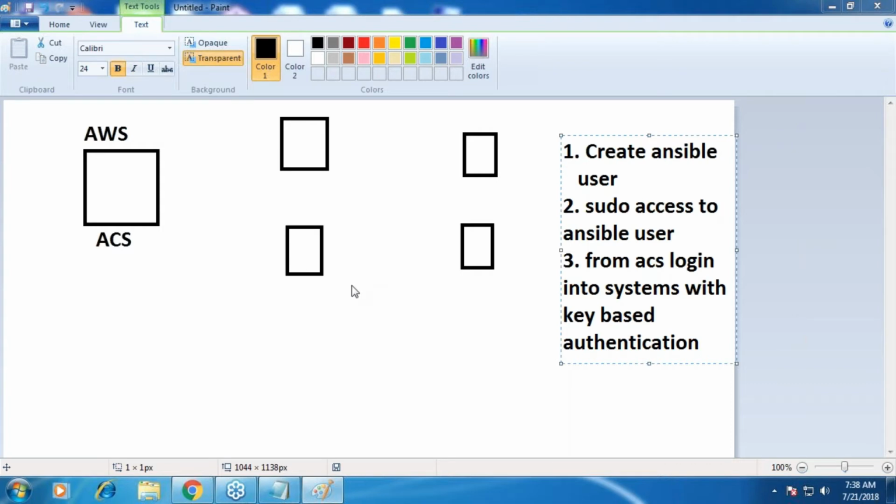Can we have LDAP-based authentication? You can. But on the Linux servers, generally we will not have an administrator as an LDAP user. Administrator should not be an LDAP user. That's the problem, why we don't generally prefer that. On the Windows world, yes, you have to create it. But if you are on the Linux world, I don't recommend creating an LDAP user.